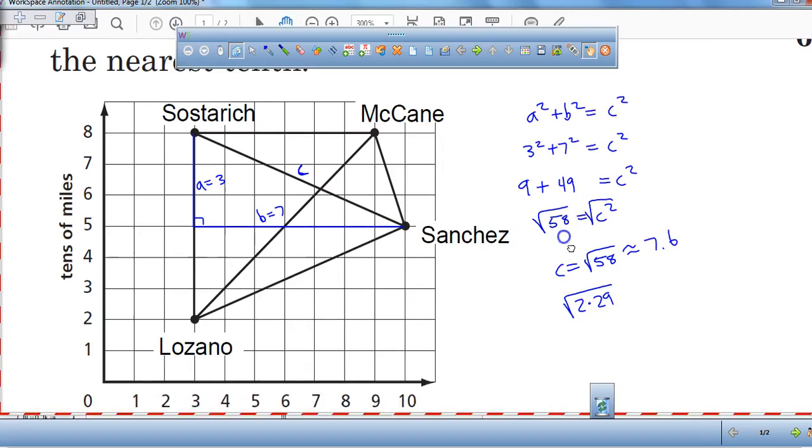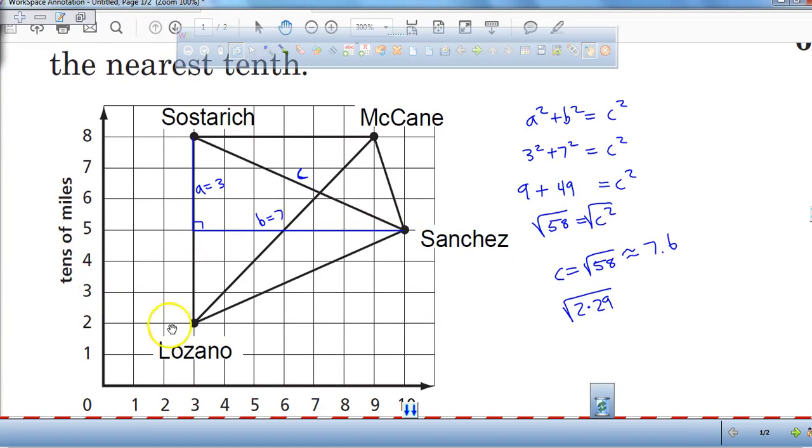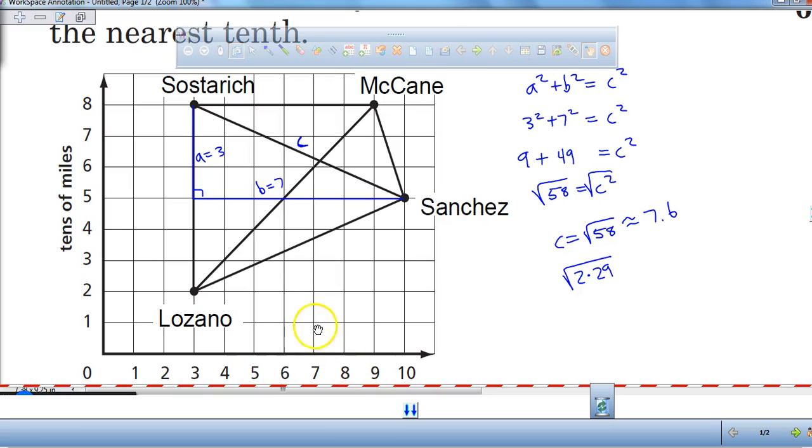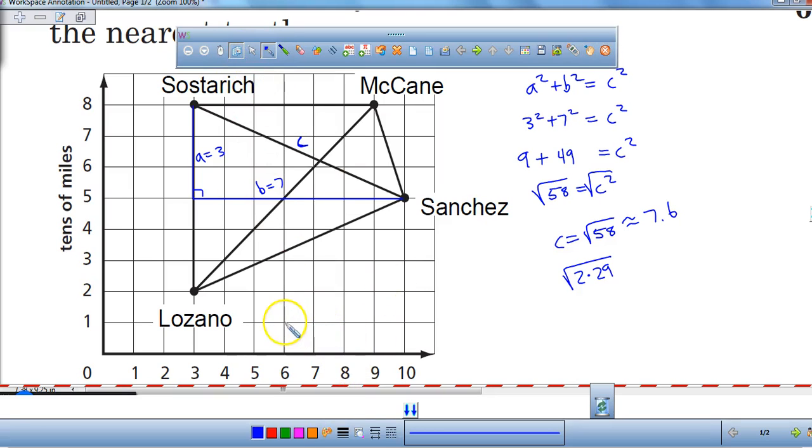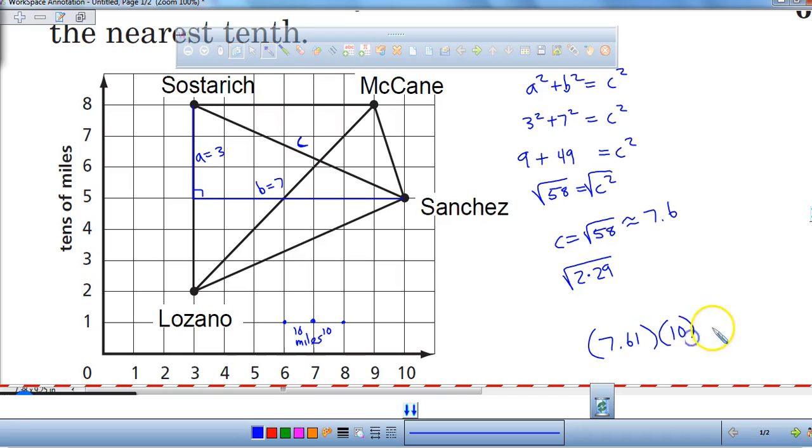Now what does that mean? This says this is tens of miles, and if you look down on your paper it also says tens of miles. That means each one of these distances, like from here to here, is 10 miles. So from here to there would be another 10 miles, a total distance of 20. So what you're going to have to do is take the 7.61 and multiply it by 10, and that will give us the actual distance from Sesterich to Sanchez, which is about